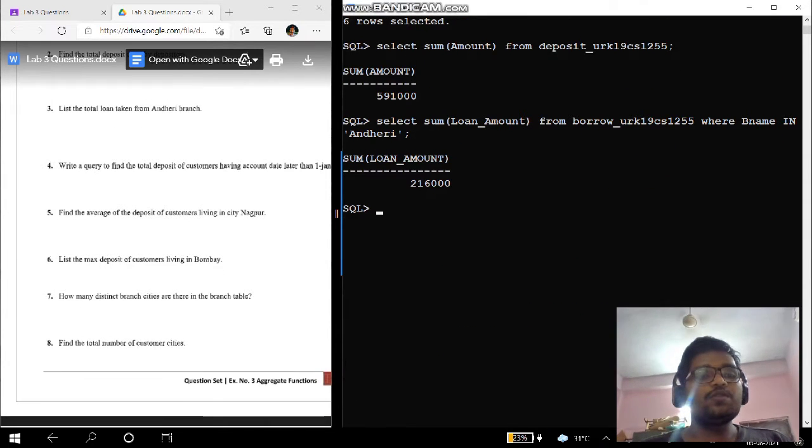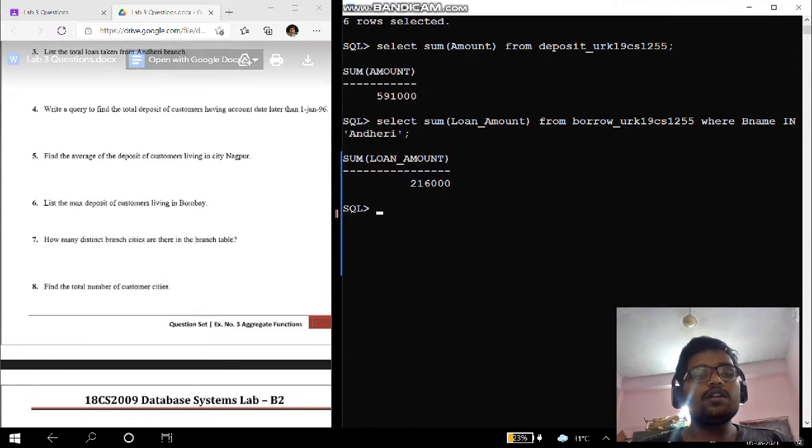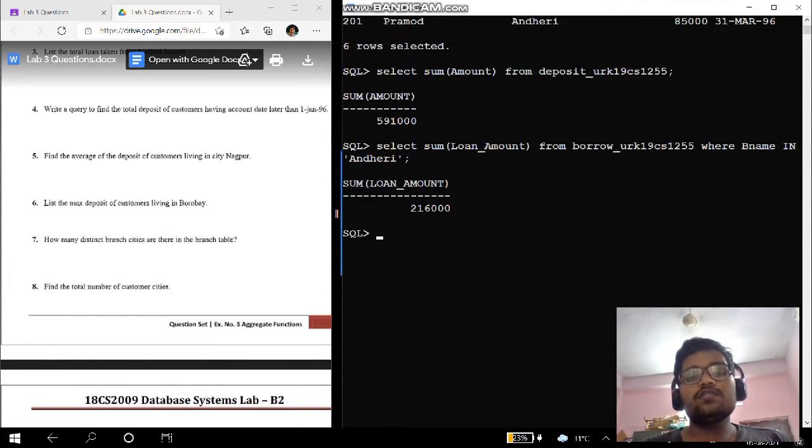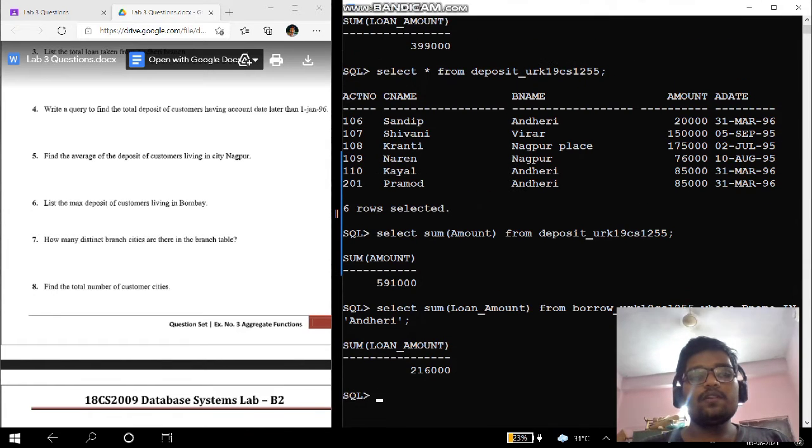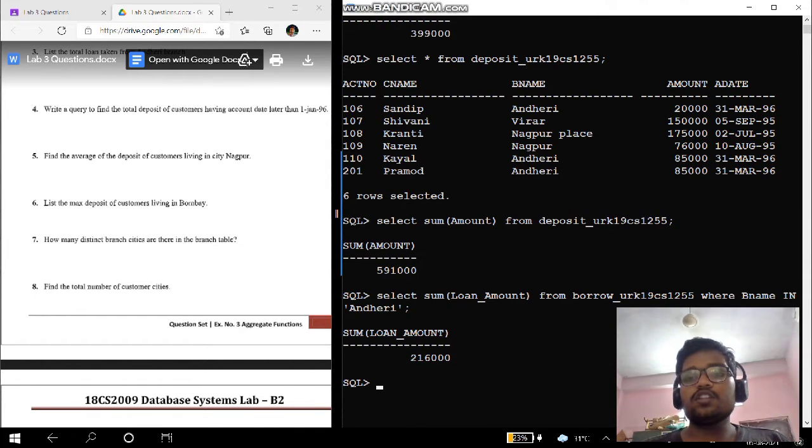Right, now coming to the fourth question, write a query to find the total deposit of the customers having account date later than 1st Jan 96. This is the deposit table, right? We need to find the average of the deposit of the customers. Sorry, fourth question, we need to find the total deposit of the customers having account date greater than 1st Jan 96. To do that,